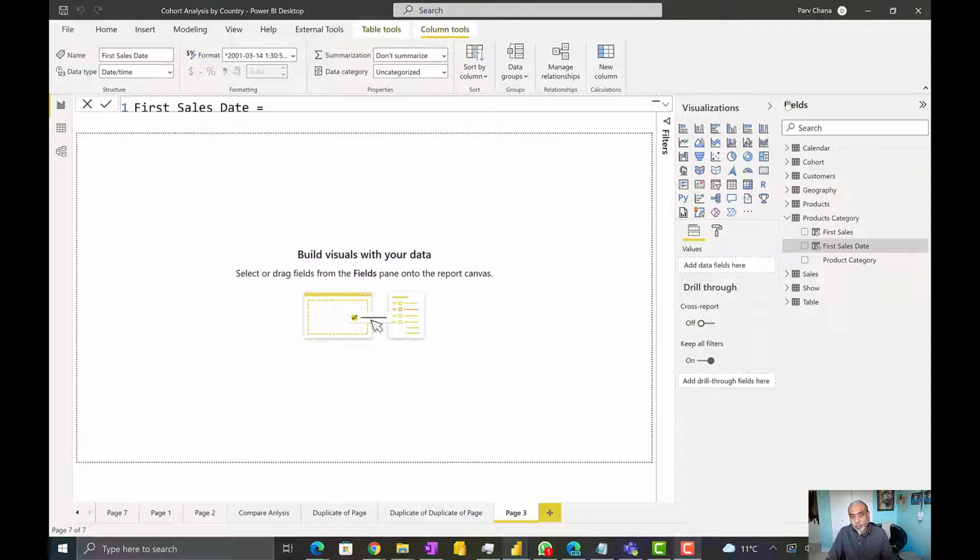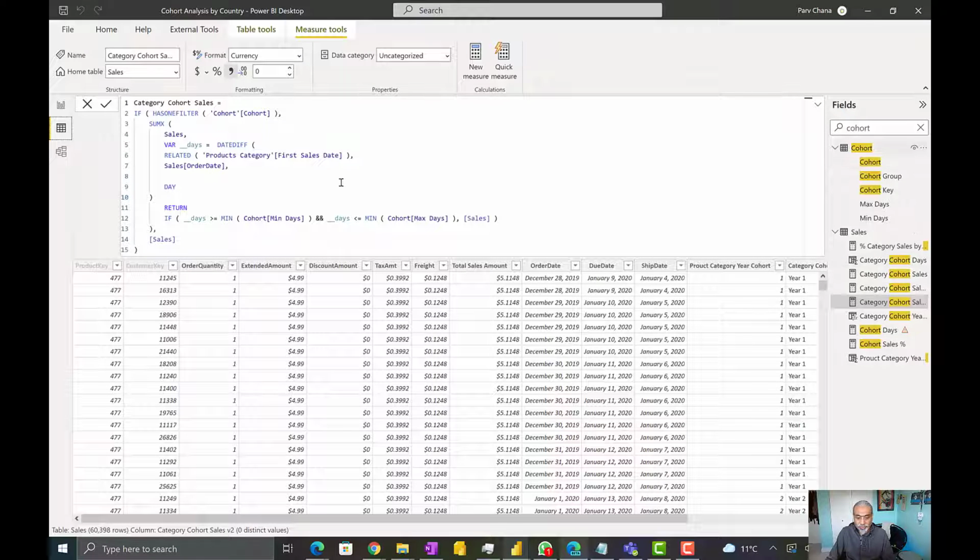So when I say dynamic cohort analysis, what we're going to do is maintain a cohort table which can be maintained outside of Power BI. It could be coming from a database, an Excel sheet, or some other external source. I already created one. I want to show you what I created in that particular table. So if I go and look into the cohort table,